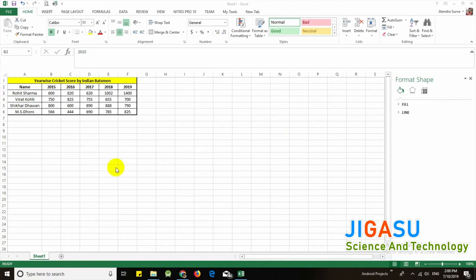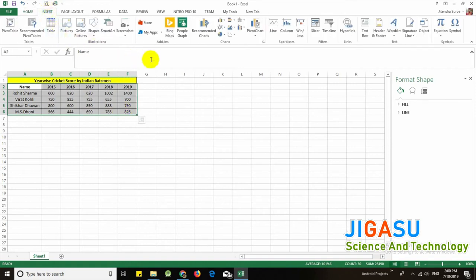So friends, in this video I am going to explain how to insert charts in Microsoft Excel. We have this data table here with names of batsmen and number of runs they scored in particular years, 2015 to 2019. Now to insert a chart, just select all the data and then go to Insert and go to Recommended